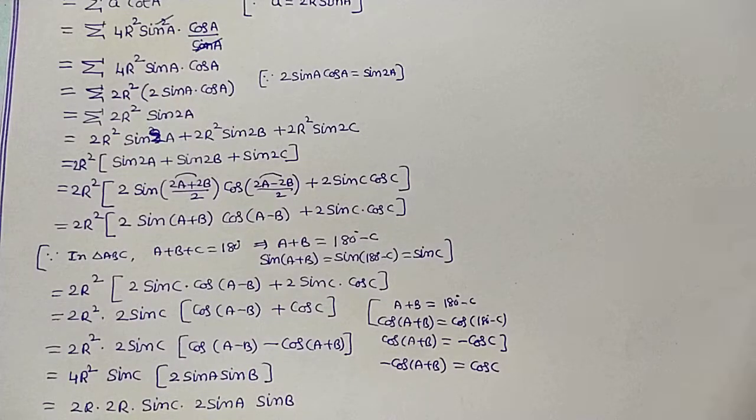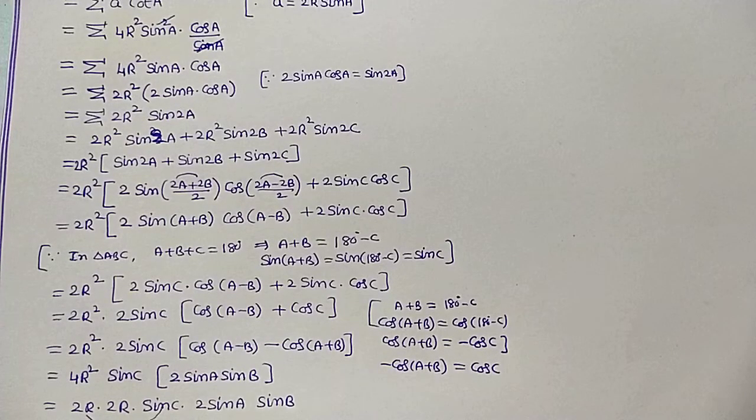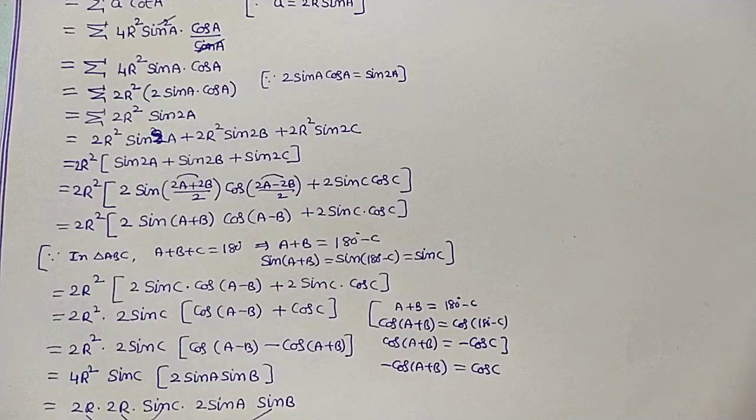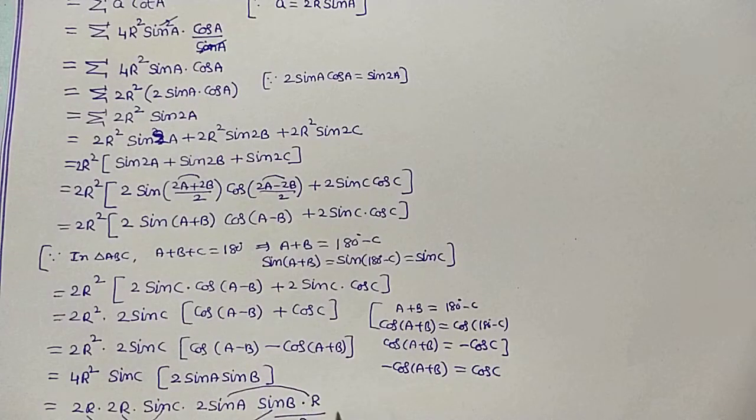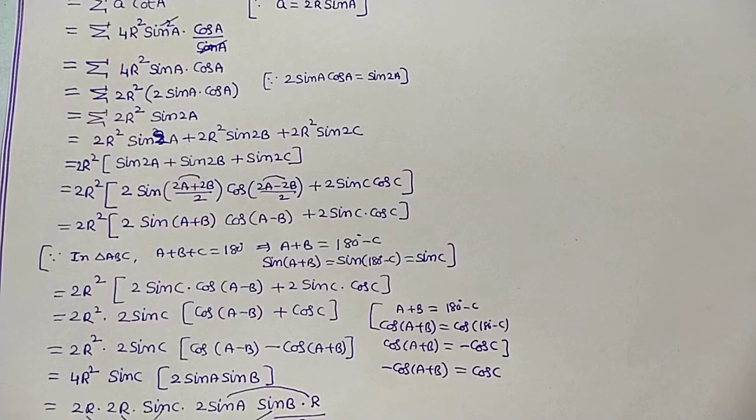So here 2R sin C is one term, 2R sin B is another term. One other R we are multiplying and dividing by R, 2R sin A. 2R sin C is small c from the sine rule, 2R sin B is small b. Here multiplying and dividing by capital R, 2R sin A by 2R sin A is small a by R. So which is equal to a into b into c.